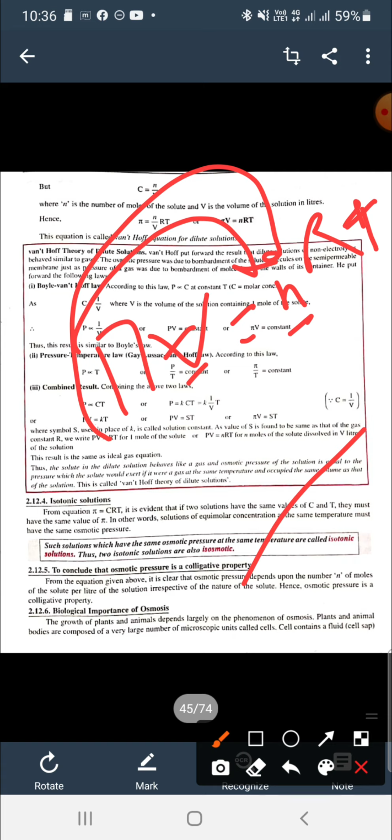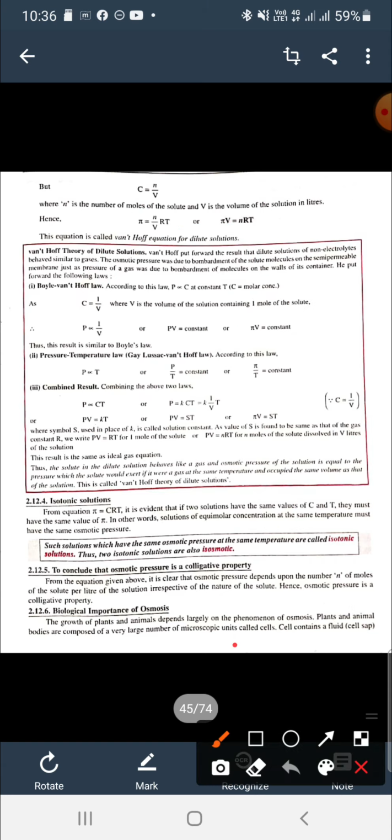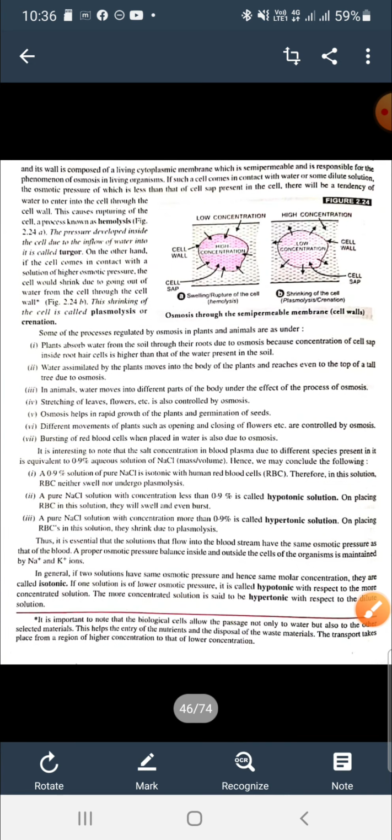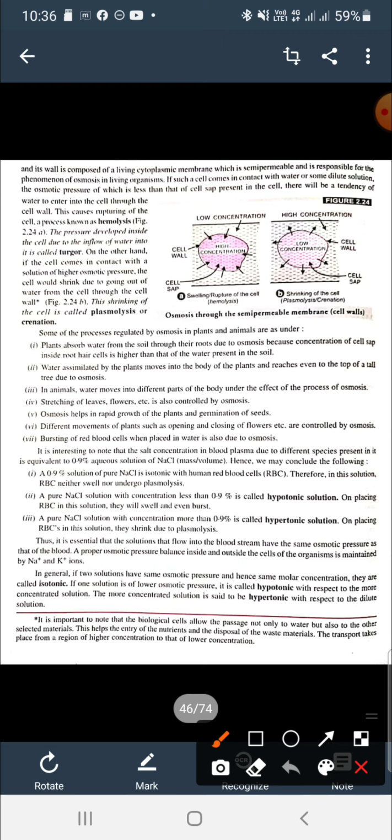Now the next point is the biological importance of osmosis. You can see all the bodies of humans are made up of cells, and a cell contains a particular fluid in it that is of some concentration. Whenever your body cells come in contact with a less concentrated solution or water, because the cell has a higher concentration than the solvent, or you can say water, then the water molecules start entering into the cell. Solvent molecules get into the solution, so the cells will swell up.